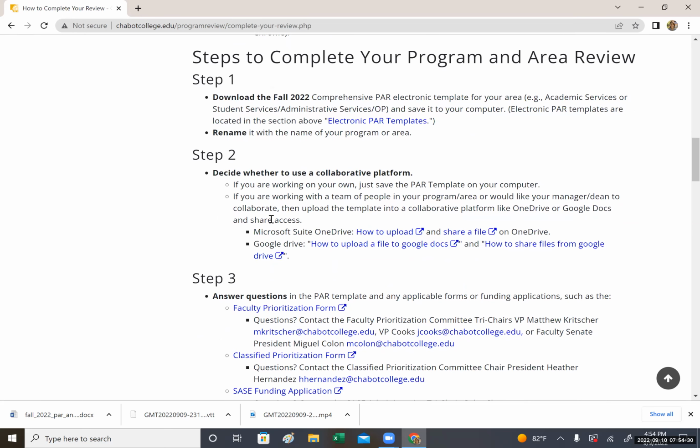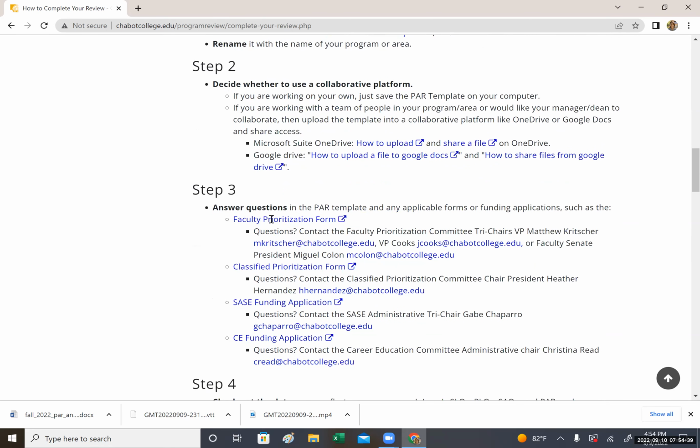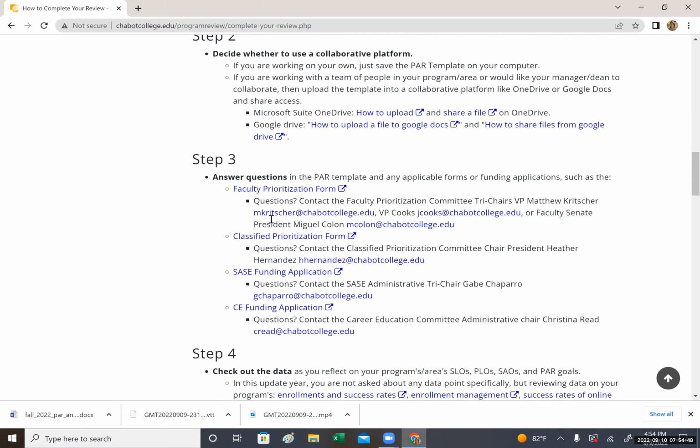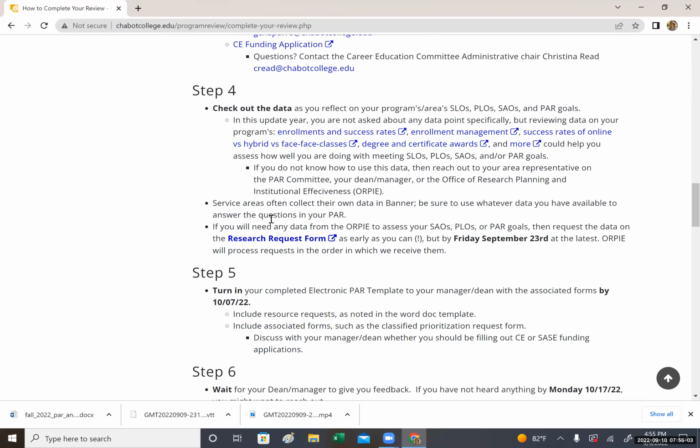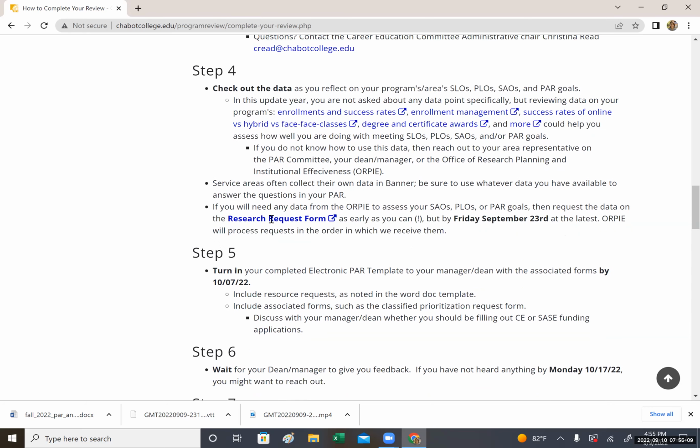review. So we're going to go over steps 1 through 5, and step 1 is downloading the template and renaming it. Step 2 is deciding how you're going to use the template with your team if you need to use like a collaborative platform. Step 3 is answering the questions in the PAR template, and also completing any forms or funding applications. There's some links here that will help you. Step 4 is checking out the data. So this is an update year. You will not be asked about any data, but this might be helpful when you assess if you're meeting your